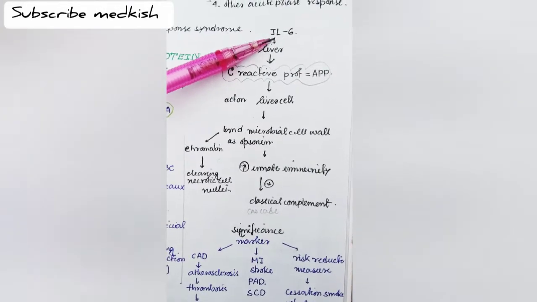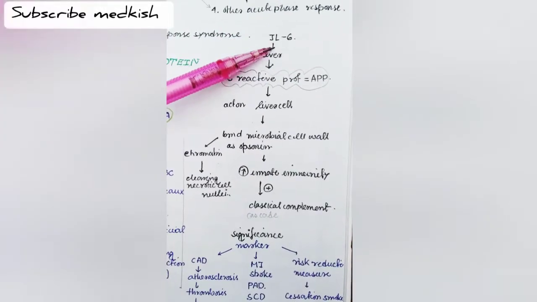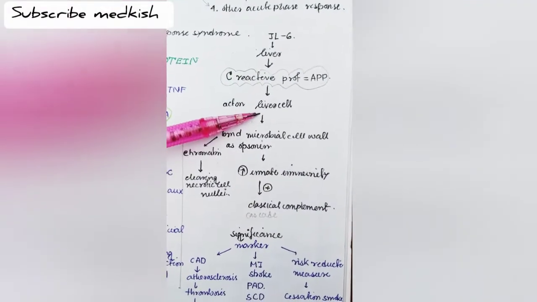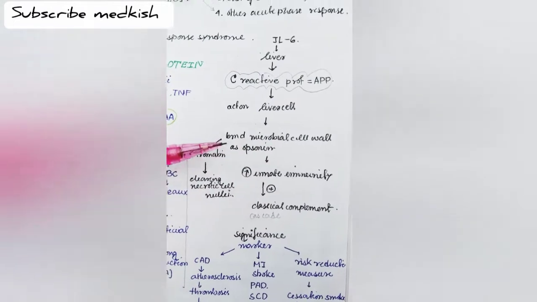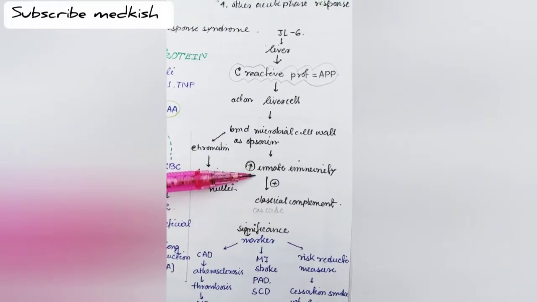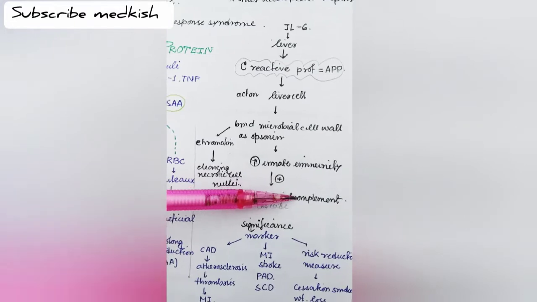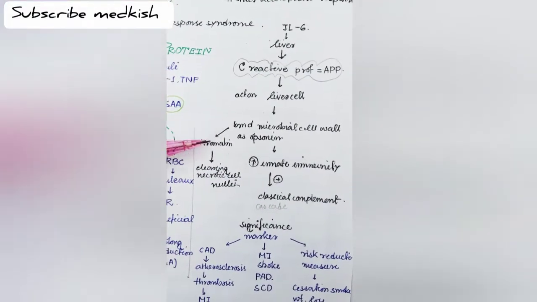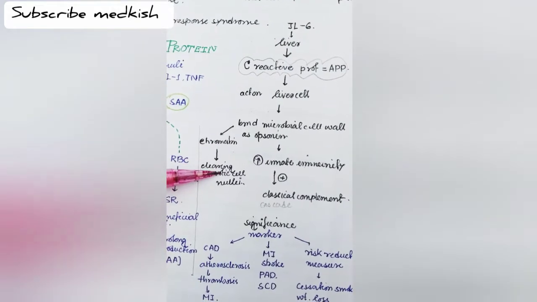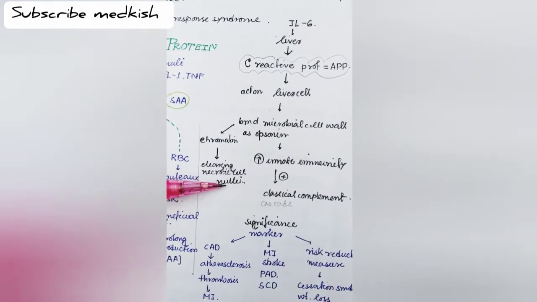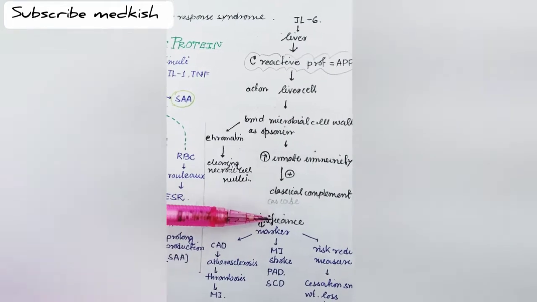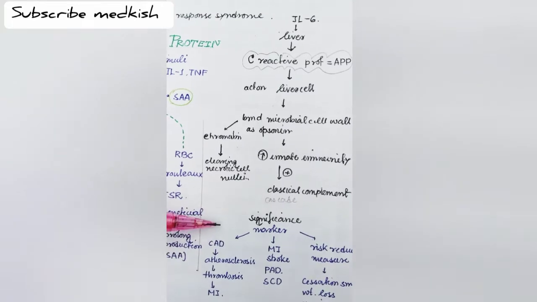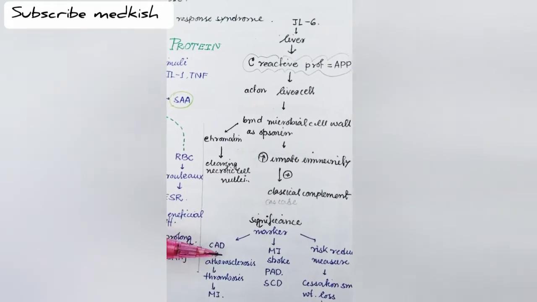Next is the role of interleukin 6. Interleukin 6 acts on the liver and releases the C-reactive protein, which binds with the microbial cell wall, acts as an opsonin, increases the innate immunity, and stimulates the classical complement pathway. The C-reactive protein also acts on the chromatin and helps in the clearing of the necrotic cells and nuclei. The significance of the C-reactive protein is that it acts as a marker for